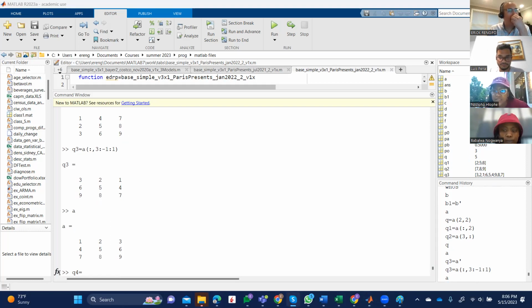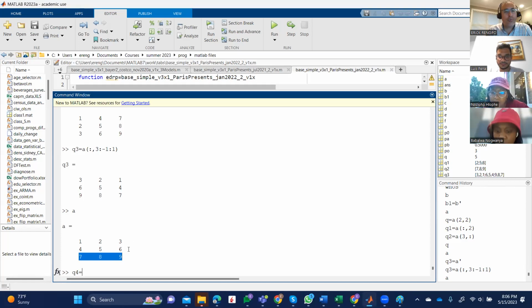Can you please just repeat that, Professor? Yes, so what I want, this is A again. What I want is the third row to be the first row, the second row to stay the second row, and the first row to be the last row. So now,